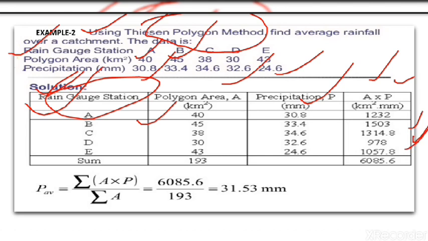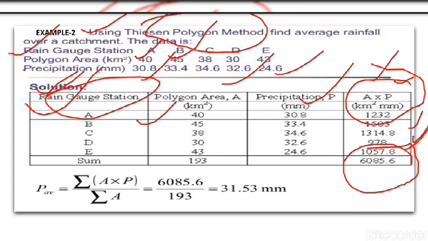So the total summation of Ai into Pi, that is A1P1 plus A2P2 plus A3P3 plus A4P4 plus A5P5, becomes